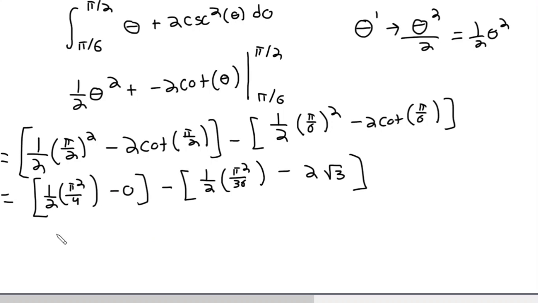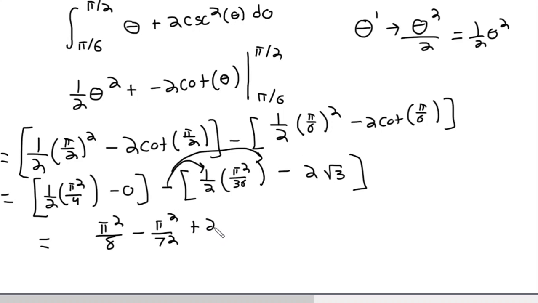Okay? And now I'm just going to multiply these two together and just combine like terms. So pi squared over 8 minus pi squared over 72. And then you see, this negative right here, it's distributing. So I got a minus 1/2 pi squared over 36, and then minus a negative 2/3, so that'll just become